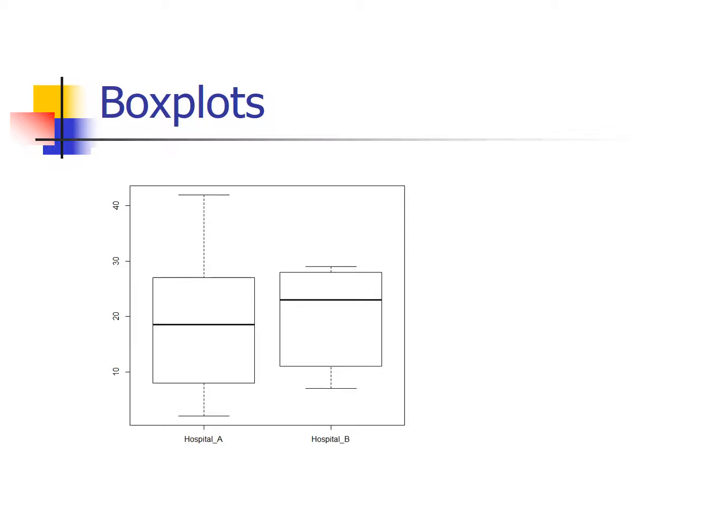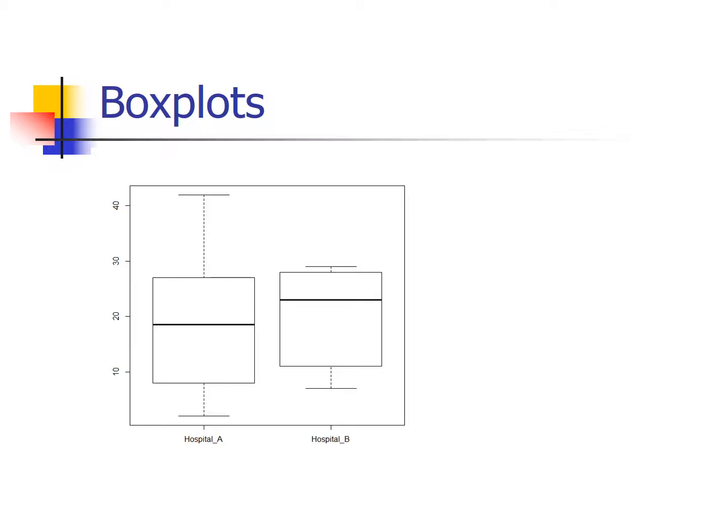Now coming out of the box, you see a couple of lines. They look a little bit like whiskers, don't they? Meow, which is why it's called a box and whisker plot. The whiskers go out to the minimum value and the maximum value. The minimum value in this case is 2, so that lower whisker goes down to 2. The maximum value for Hospital A was 42, so that upper whisker goes all the way up to 42. So in the box and whisker plot, I can see all 5 numbers from my 5-number summary: the minimum, the maximum, the first quartile, the third quartile, and the median.